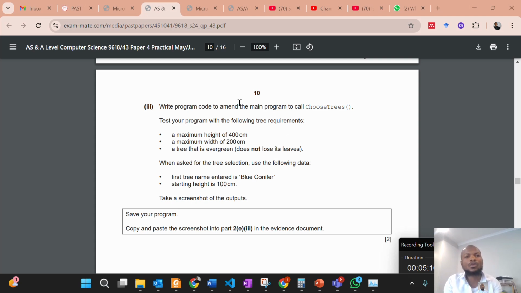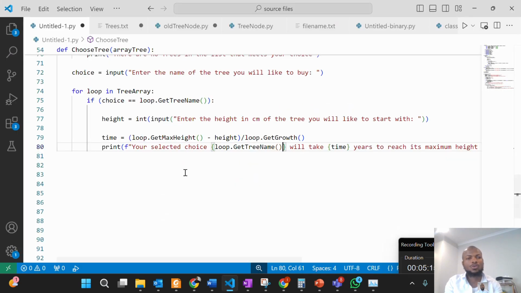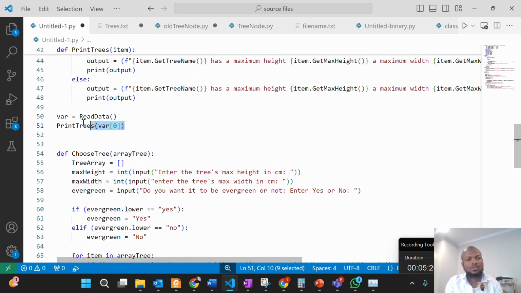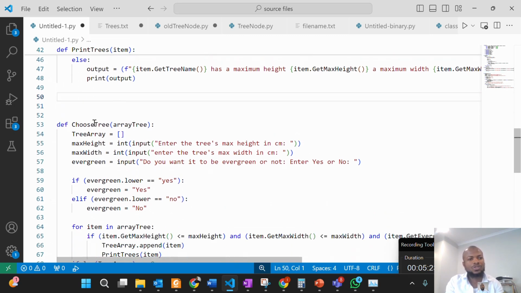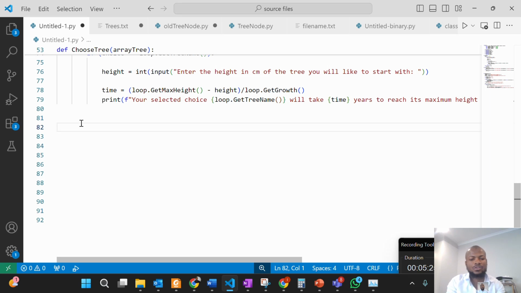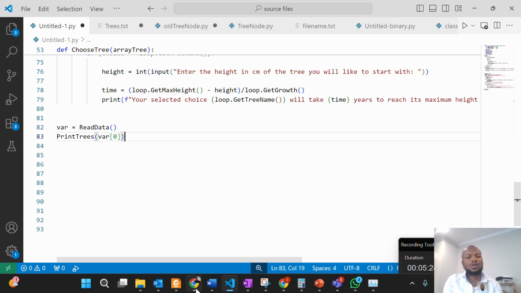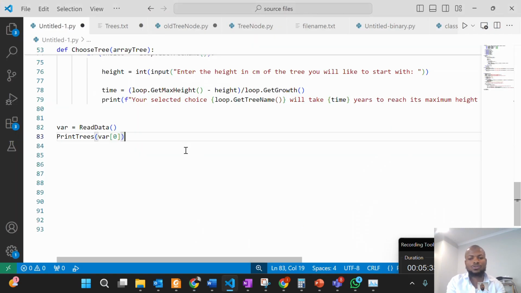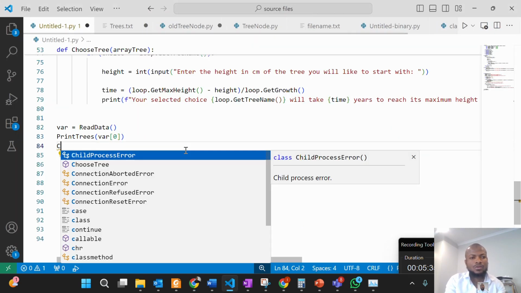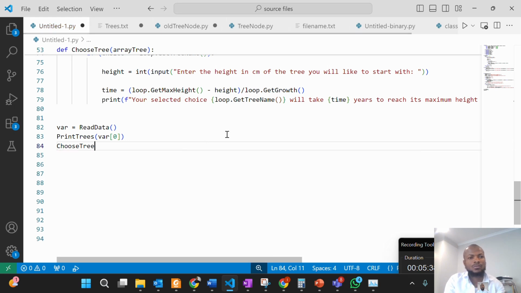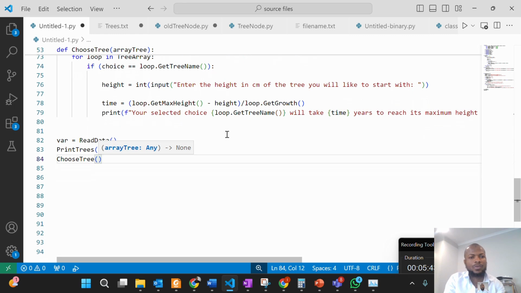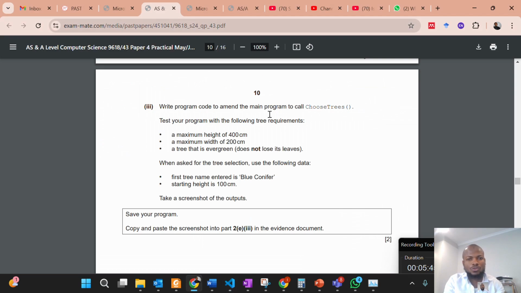So write program code to amend the main program to call shoestring. So we need to amend the main program. Remember, this is the main program here. So you can bring it down after all the functions. Okay. So the program code to call shoestring. Shoestring, does it require a parameter? Yes, it does require a parameter. To call shoestring,